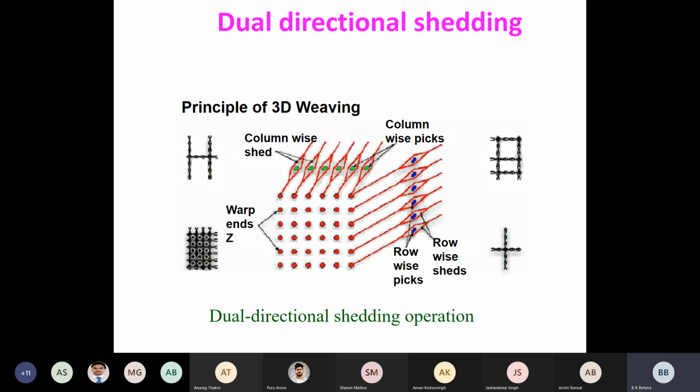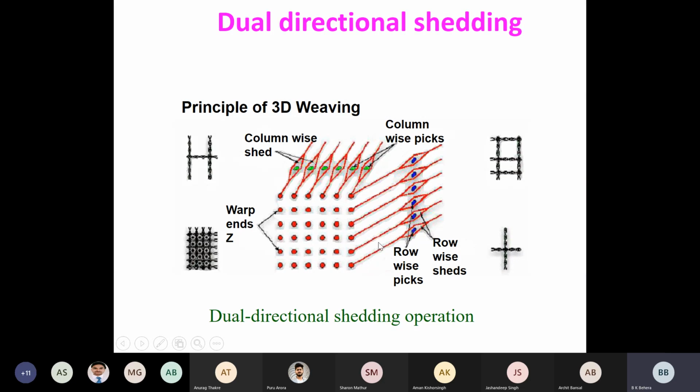As for the mechanism, there is no commercial machine based on this. In the previous one, there is a commercial machine. That's why I showed you and explained it. On this, so far, there is no commercial machine. But some manufacturers, some fabric producers, have developed their own machine, producing the fabric and selling it in the market. The technology is yet to be established as a commercial machine. So that's why I am unable to show you any commercial machine based on the dual shading mechanism. But this is the mechanism you must understand.